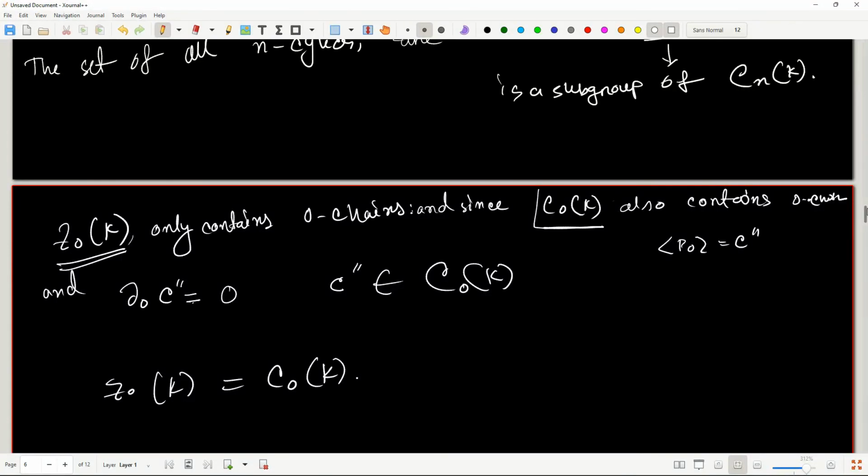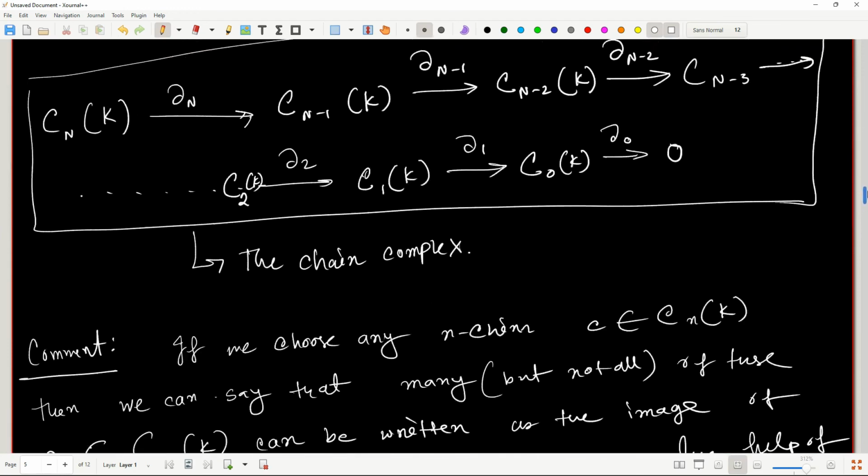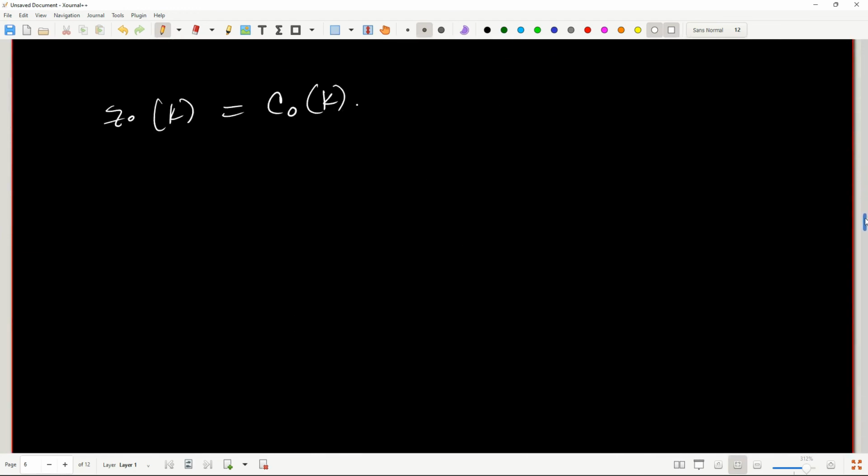So this is our discussion on the chains, and now we want to define formally the idea of the n boundary. So